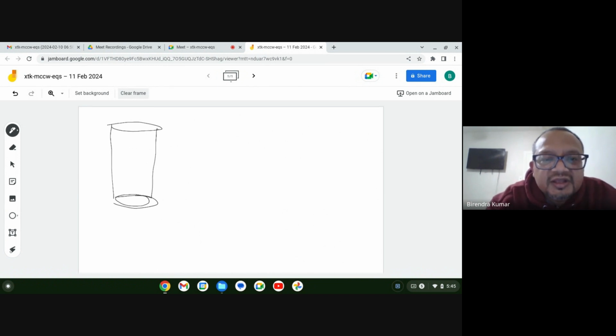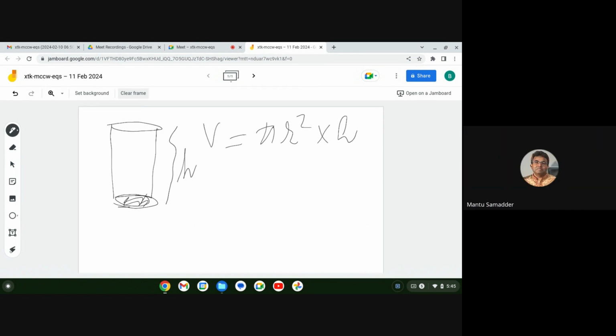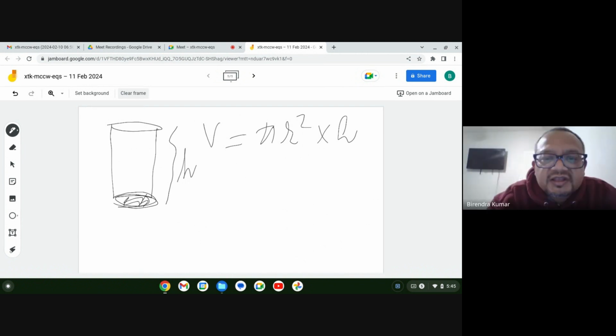One is cylinder. Here, the volume is equal to the area of the base, which is pi r square. Multiply that with the height. This gives the volume of this guy. Surface area of this one is this area, pi r square, and this other area, pi r square,